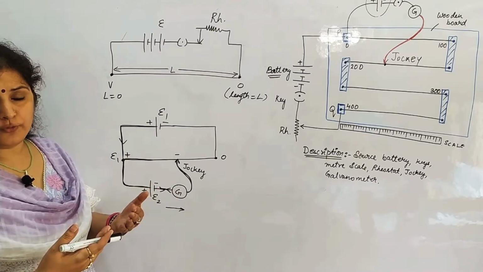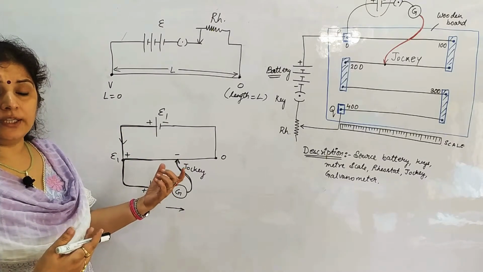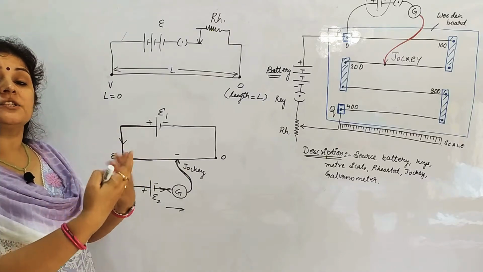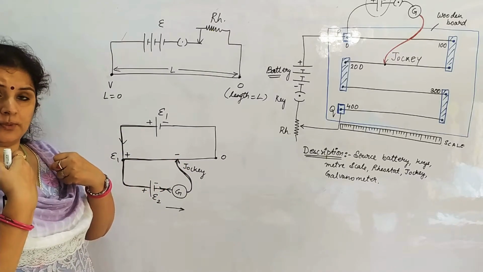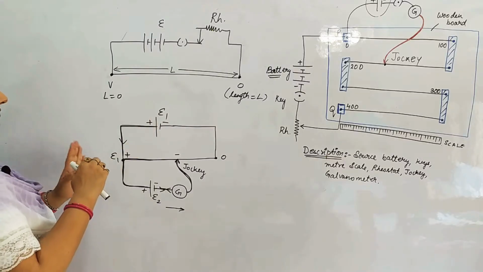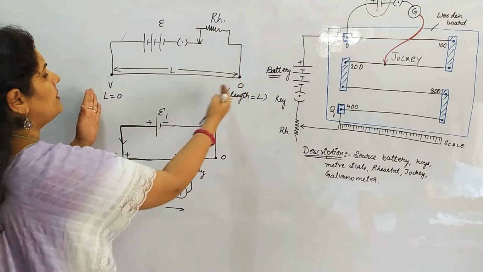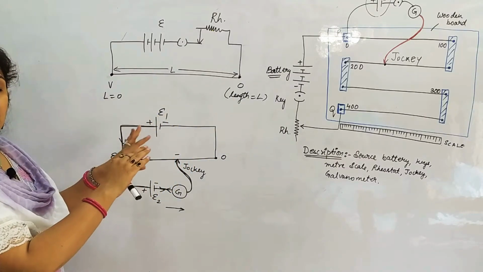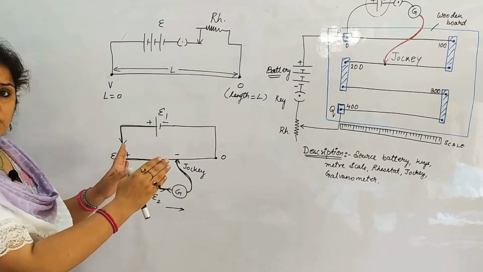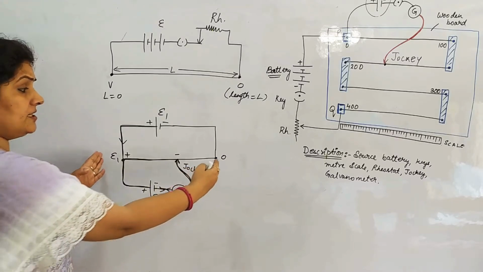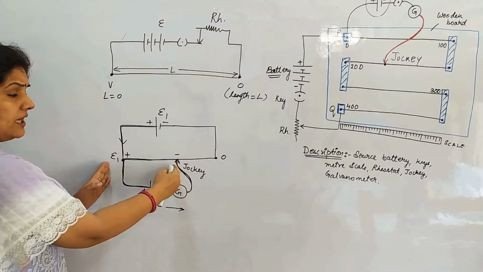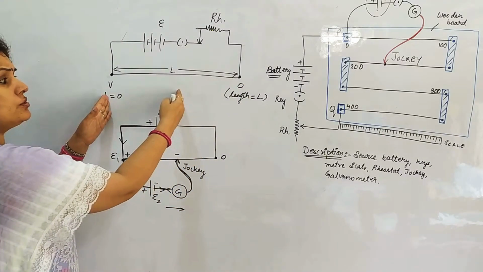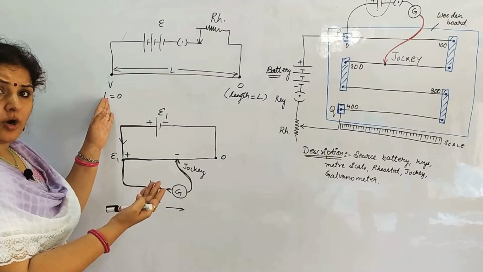Higher electromotive force, higher work done, so it means the charges will experience more force. Suppose we have taken cell E1. Cell E1 was giving potential V for this length, but is this cell giving that much force in this circuit? No, it is not giving that much. We have reduced the length. Because we have reduced the length, the potential drop will also be accordingly less.